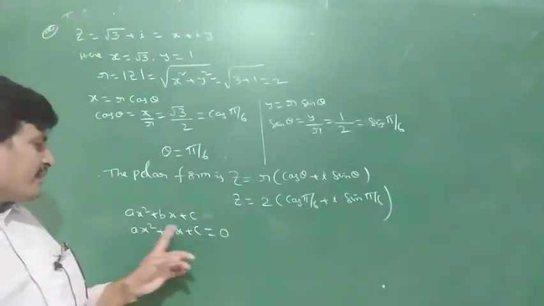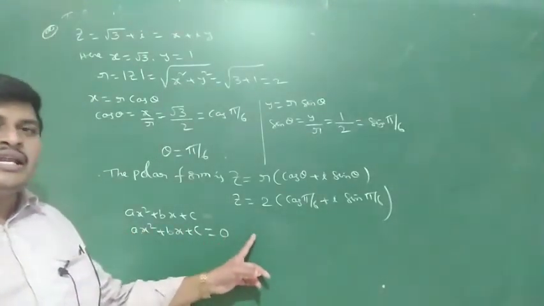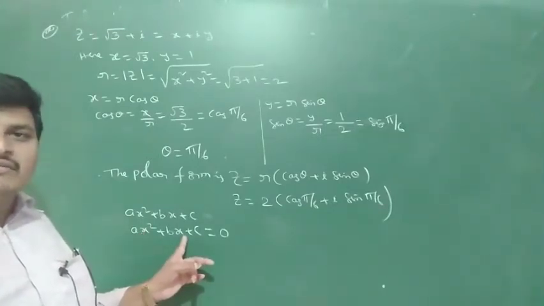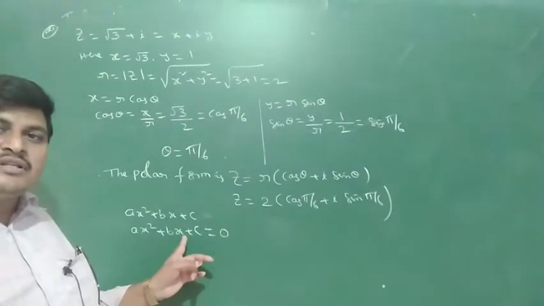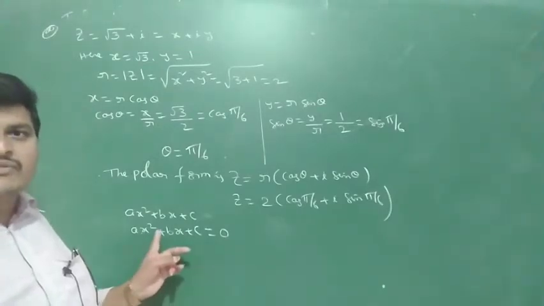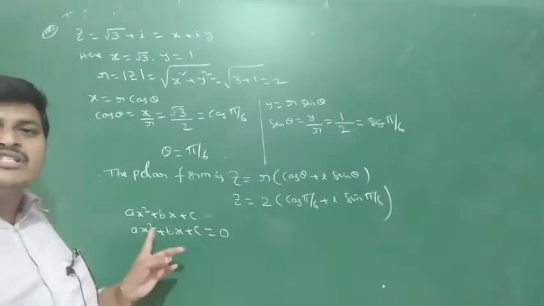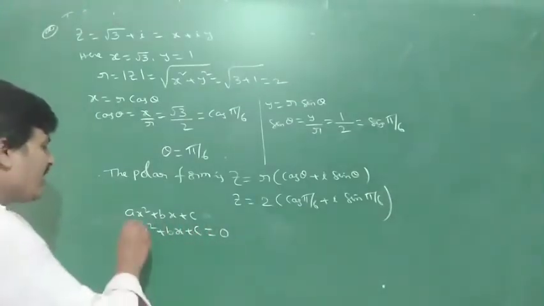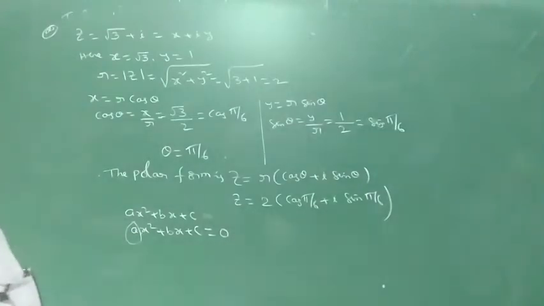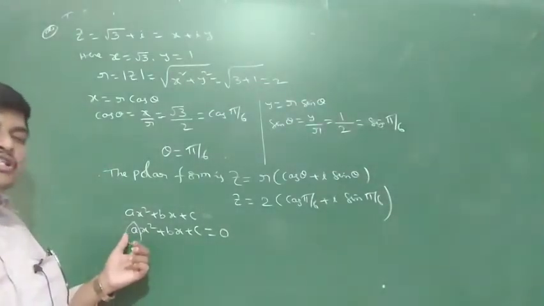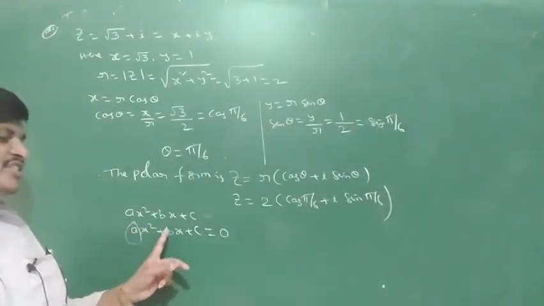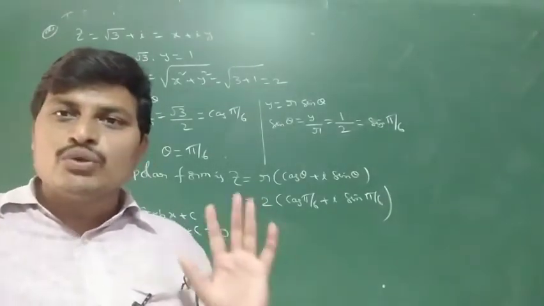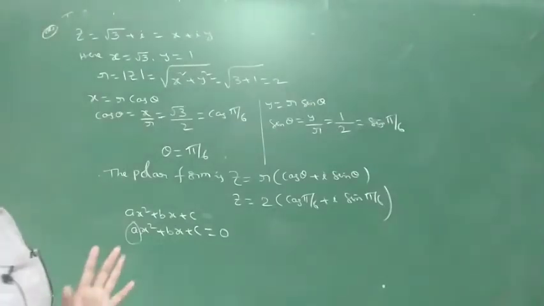So in the quadratic equation, a, b, c are real numbers. The x is the variable, a single variable. The quadratic equation can have any variable but a single variable: ax square plus bx plus c, ay square plus by plus c, az square plus bz plus c. Here a must be not equal to 0, because if a is equal to 0 the x square term is 0. So this is not a quadratic equation. Quadratic equation has degree 2.